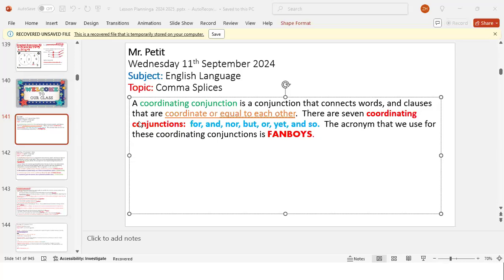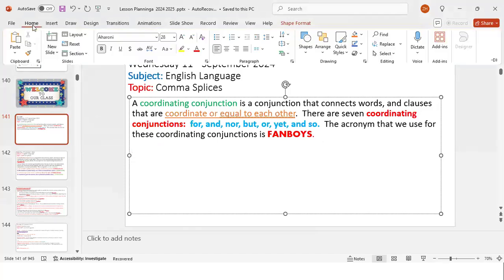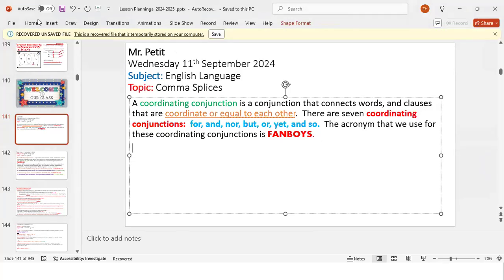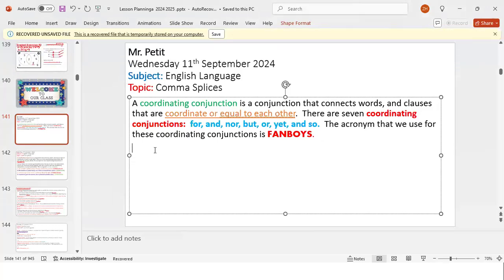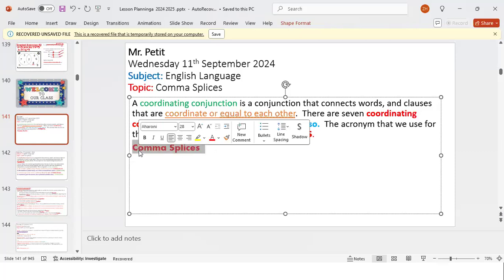Alexia Brown, are you there? Where's Alexia Brown? Alexia Brown, can you hear me? I could never hear her properly. Amari. Amari. Can you hear me? Are you writing down what we have?